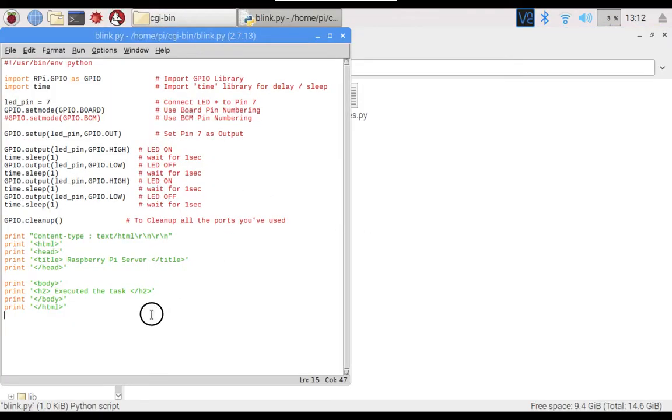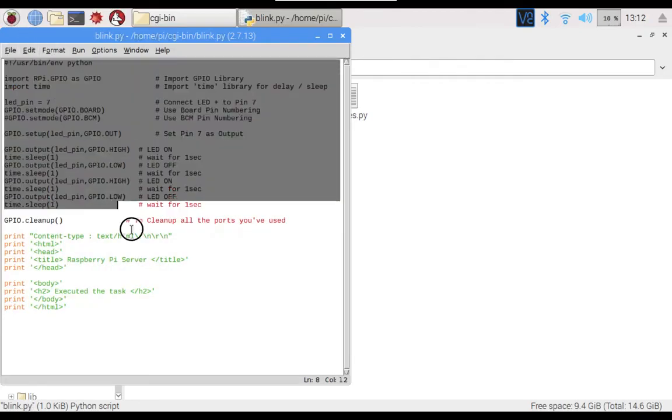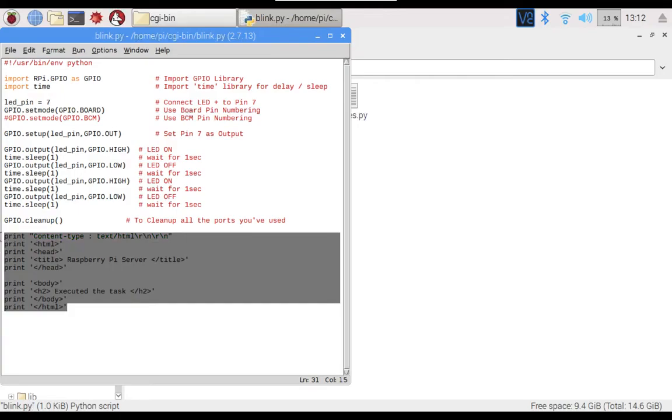Write this code; the code will also be given in the description. This is just simple code, whatever we have seen in our previous video. We have added only a few things: the first line, which is mandatory, and then these print commands, which produce the response we will see in the browser window.